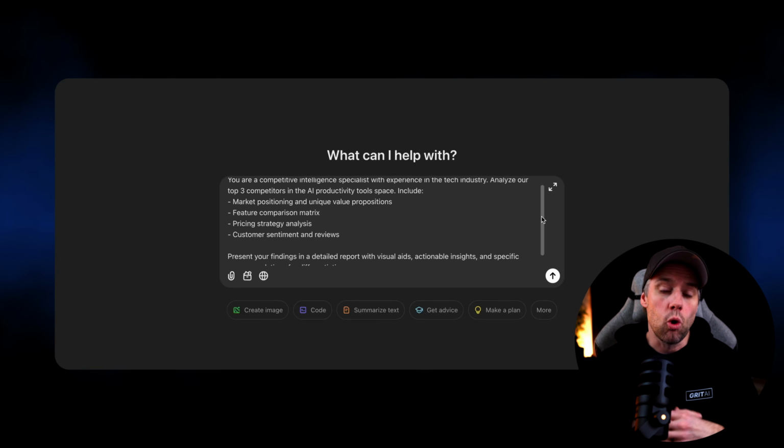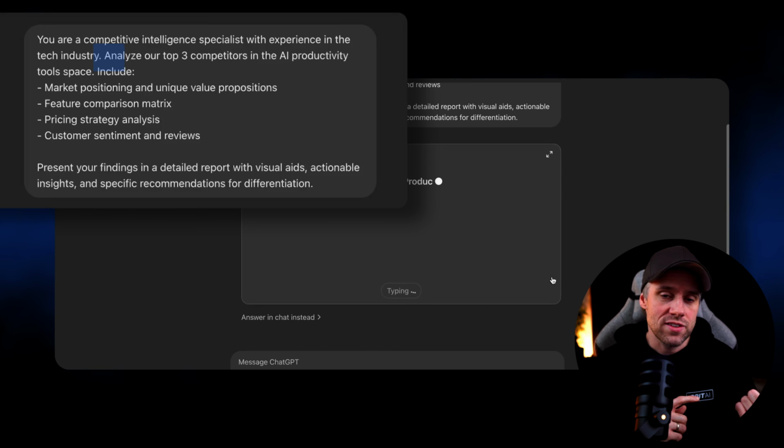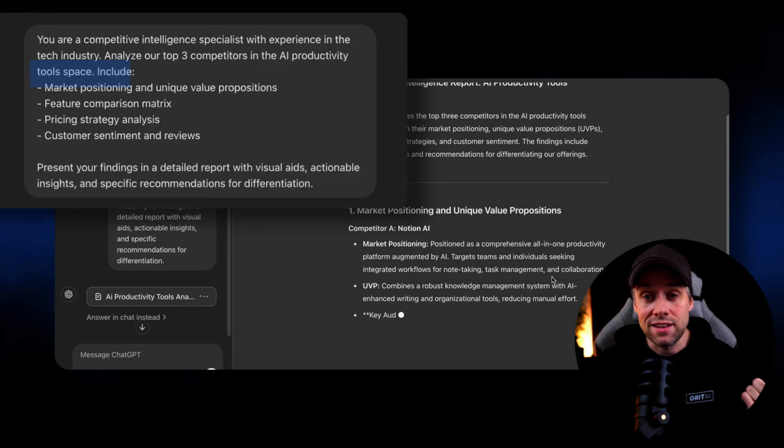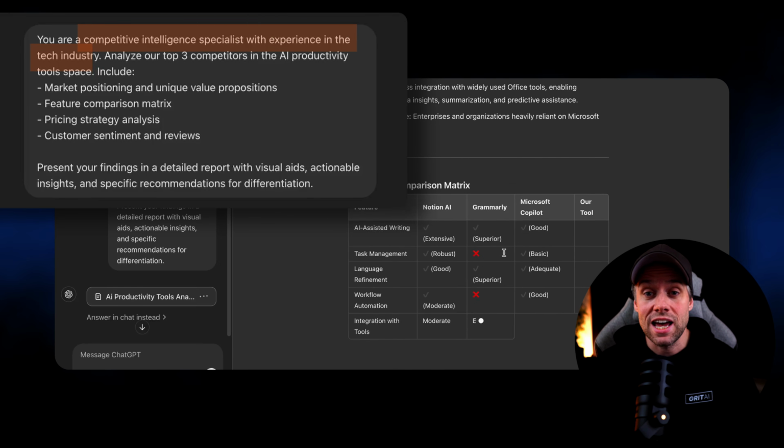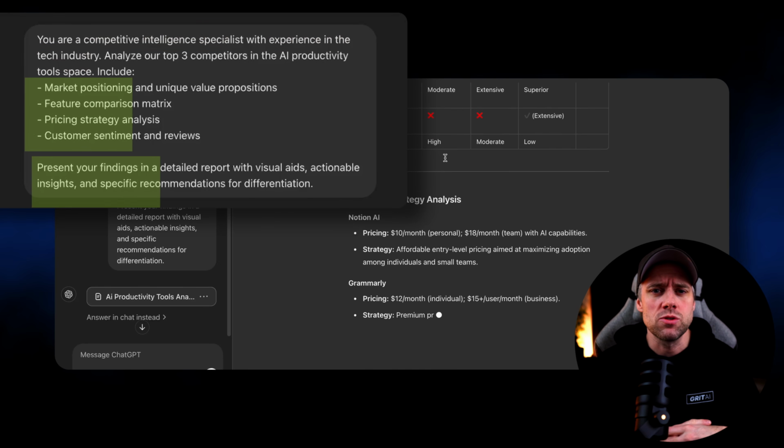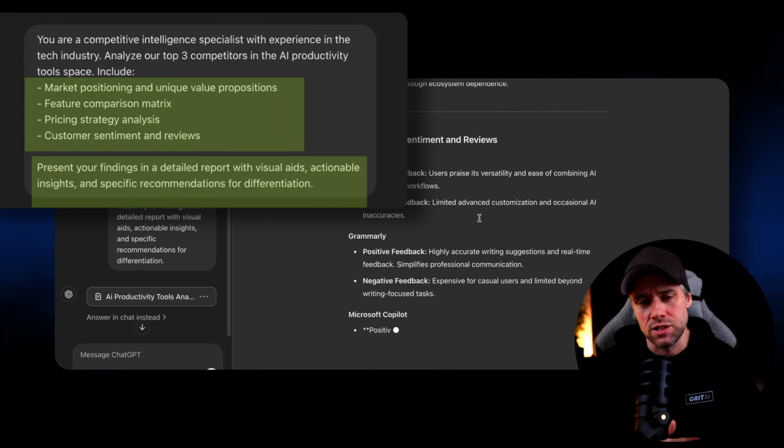Now, lastly, let us use competitor analysis as an example. This example demonstrates all three parts of our framework. Context, we're specifying the industry and the target market. The role, we want an experienced market research analyst, and we're specific in terms of the clear structure and format requirements. Now here's the bonus technique I promised.